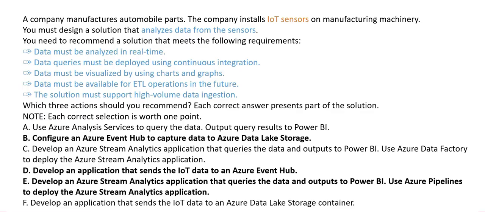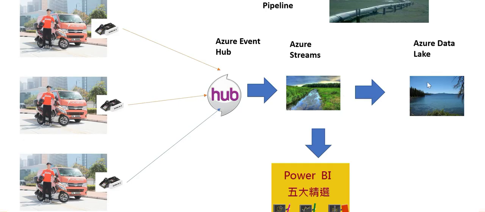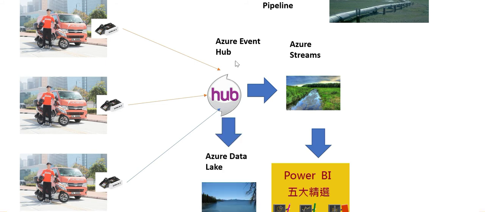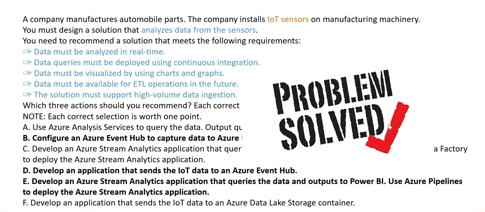The third is configure an Azure Event Hub to capture data to data lake storage. That is this routine. We are capturing data to the data lake storage. In fact, this is what we are talking about from the Event Hub. We will straight away put it in a data lake because there is no point from Event Hub putting to streams and then to data lake. For real-time analytics, we have this path, and for future ETL purpose from Event Hub, we can straight away put it into data lake. So we have answered this successfully. I hope the justifications resonate with you.